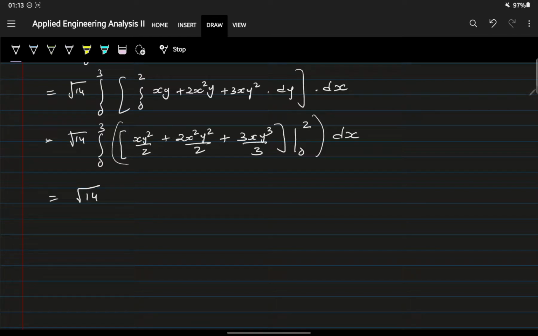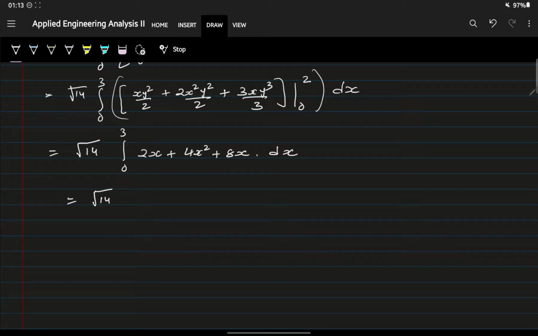dx, root 14 3. This becomes, substituting the limits, 2x plus 4x squared plus 8x times dx,